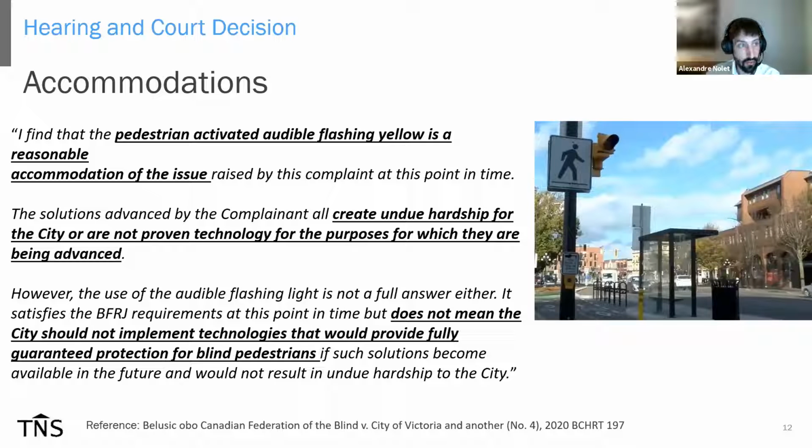So that is also quite interesting. In terms of accommodations, it's not necessarily simple. Flashing beacons were installed on other bicycle facilities to see if they addressed the needs of people with reduced visibility. People with reduced visibility did not like them, but the judge still said that there weren't really viable solutions at this time to address their needs, and indicated that they should be installed along the corridor.